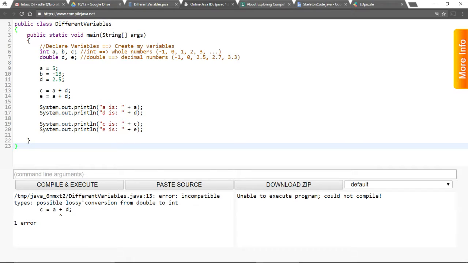execute this. Oh, so we got an error, and it said in DifferentVariables.java at line 13. So we're looking at line 13 right over here, it says error, incompatible types, possible lossy conversion from double to int, and it's saying specifically, it's kind of pointed out right here is where it first notices the problem. So on line 13,